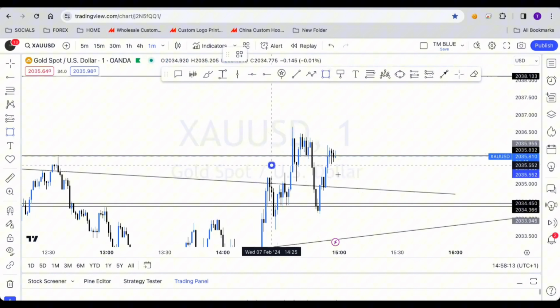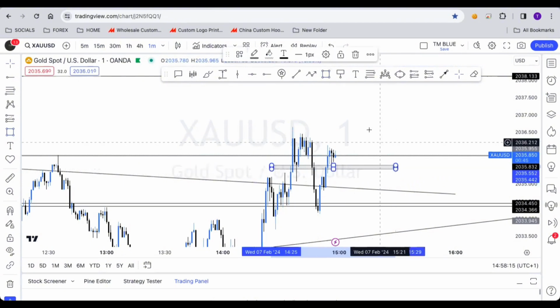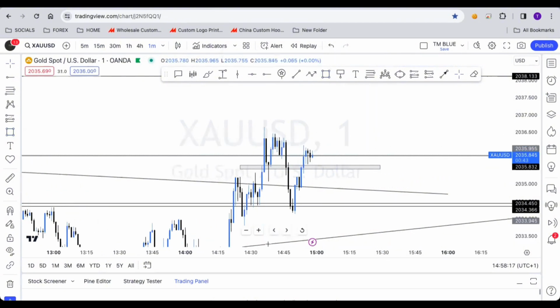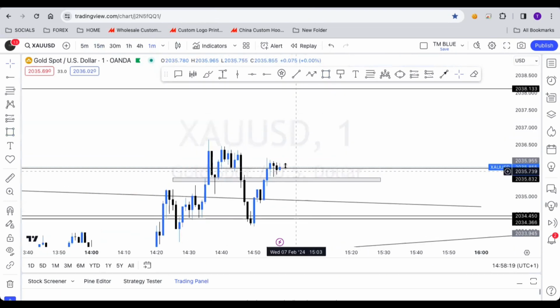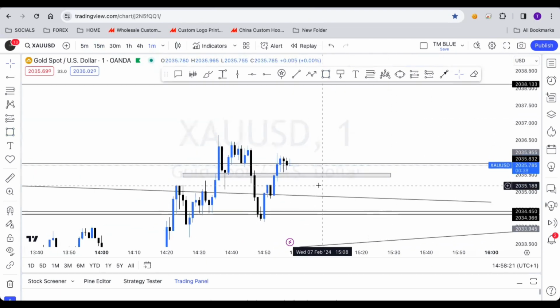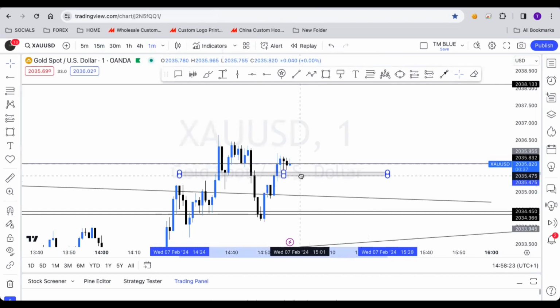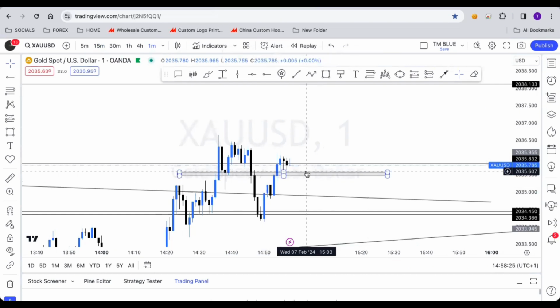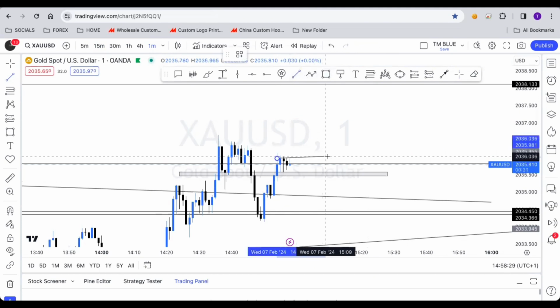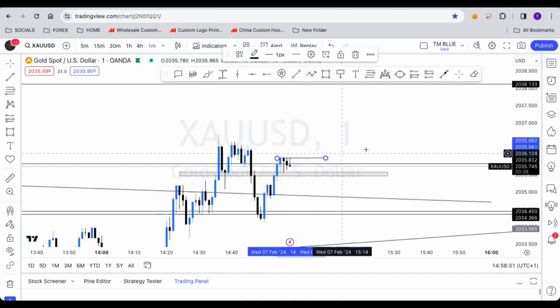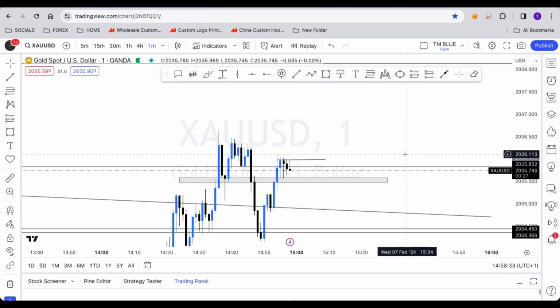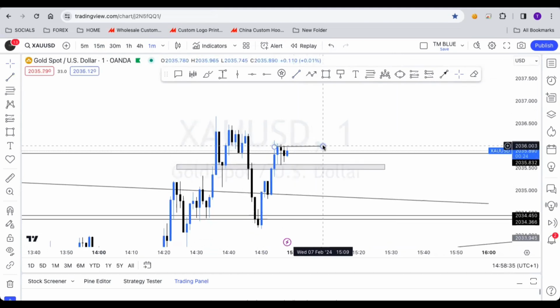Just want to draw this area here of support and resistance on a 1 minute, because we could dash into that area first before we spike up, but we're good because I already opened positions. So I'm going to enter here if it comes back down, or we're going to be looking at entering above here. Okay, so wherever the market is by New York session, that is where I'm entering. All right,